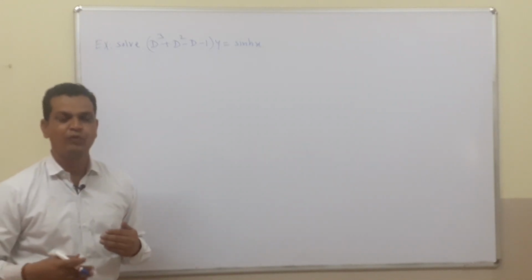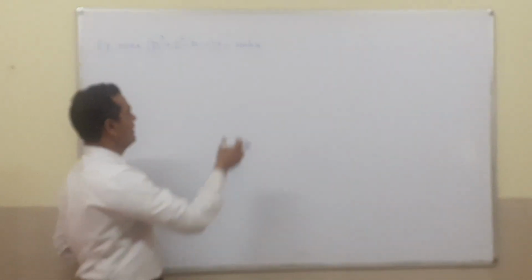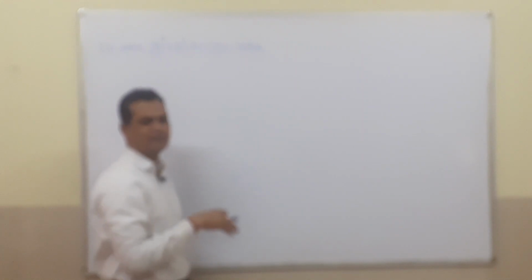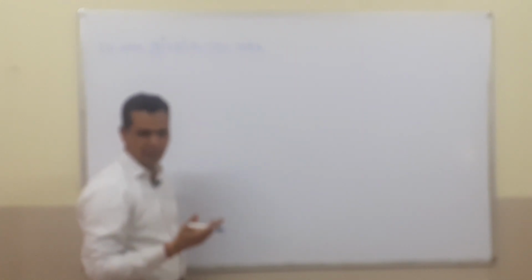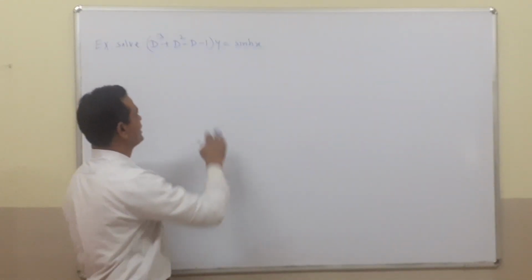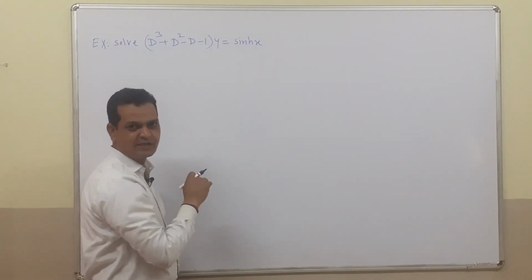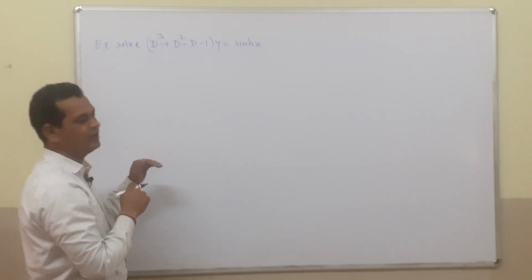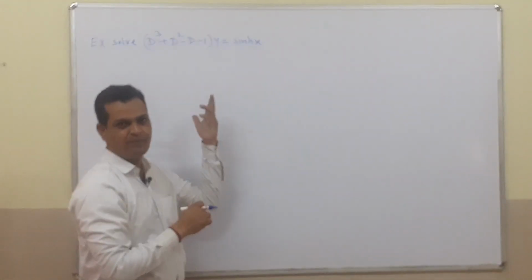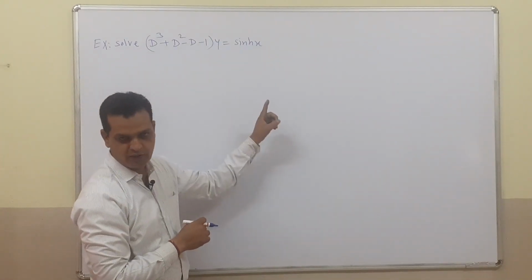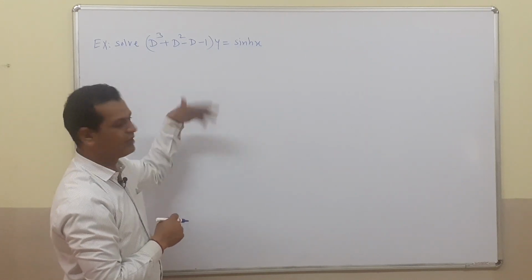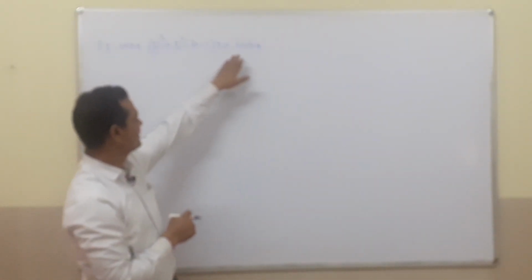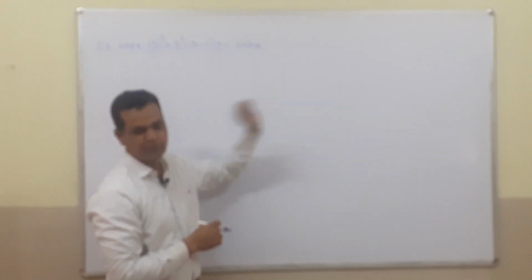Now let's take one more critical example when the right hand side is a hyperbolic function. The right hand side may be sine hyperbolic function or cos hyperbolic function. So now in this equation we take the example where the right hand side is the sine hyperbolic function. This is one of the critical examples. It can be solved with the help of some basic property, so we can convert the hyperbolic function in terms of exponential function.